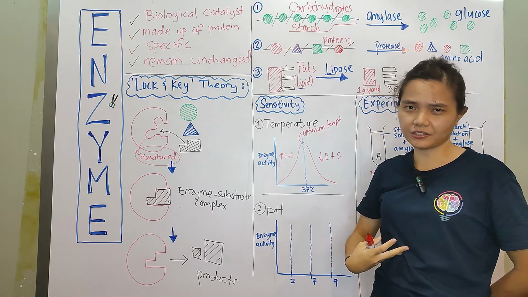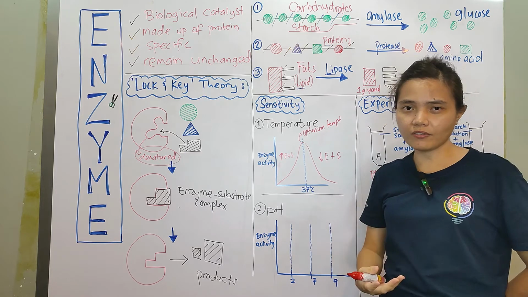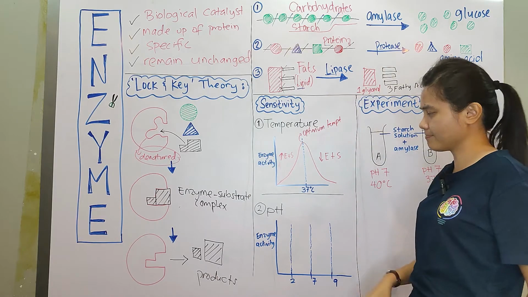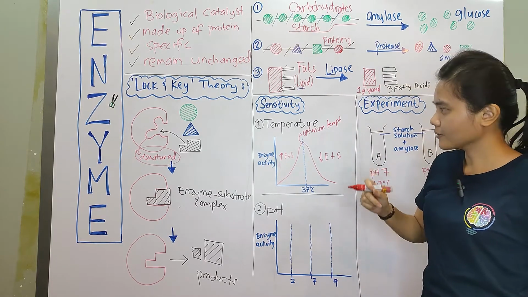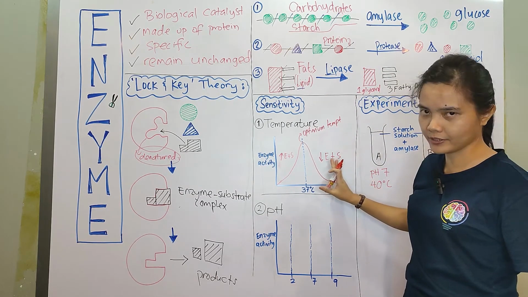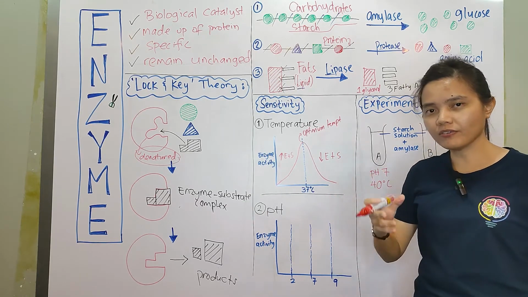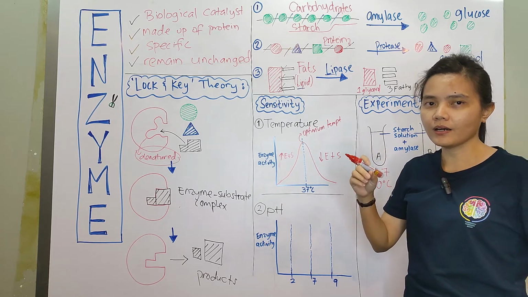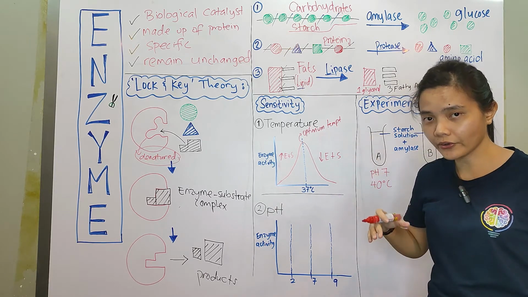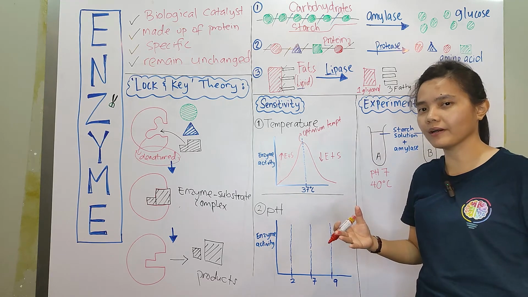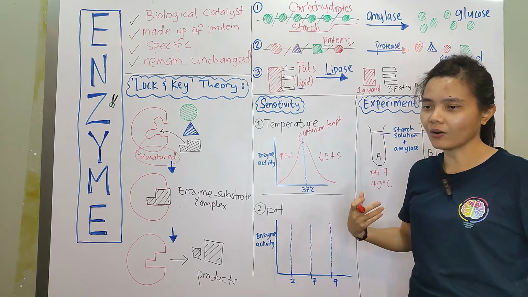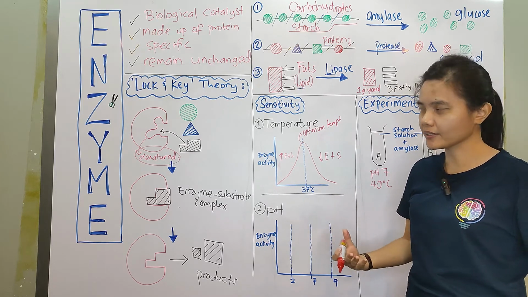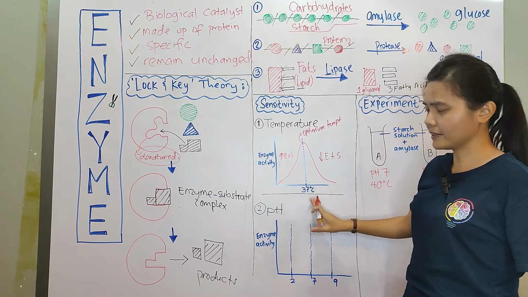Eventually you will have indigestion. That's why when you have fever, you eat food that can be easily digested. Alright, so that is temperature. And again, that is why when you have fever, you have to consume medicine to lower down your fever. That is the reason why. So your body can operate like normal. So you can eat your burger, your chicken wing or whatever it is, because your body is now at 37 degrees.